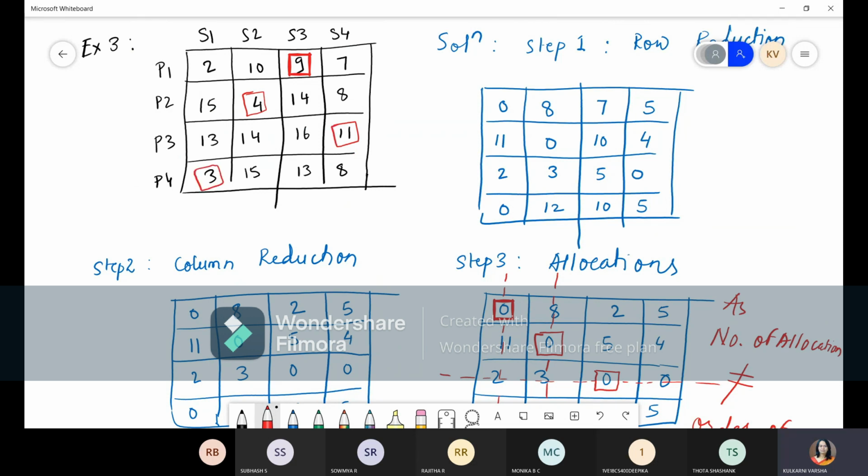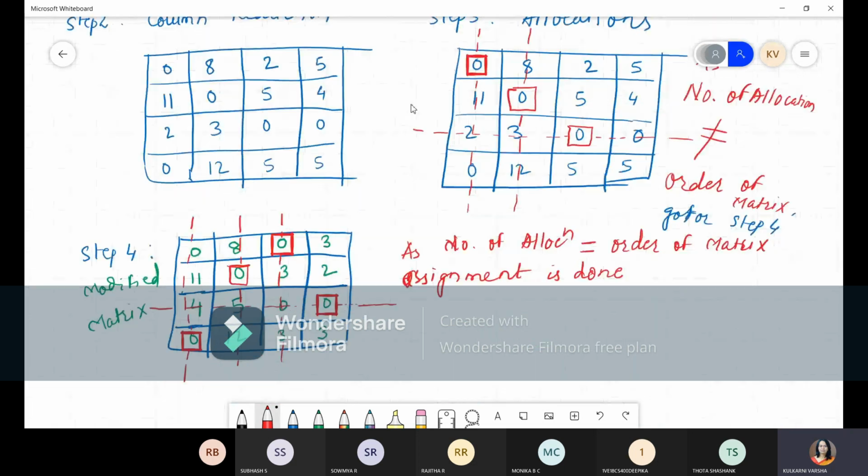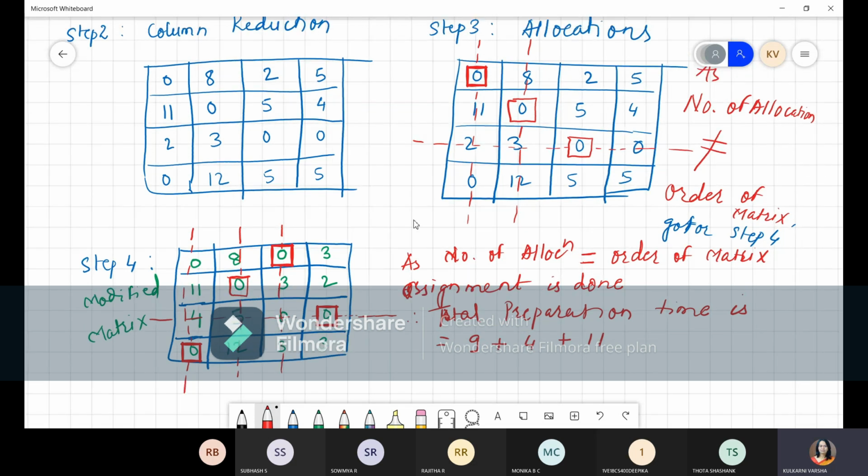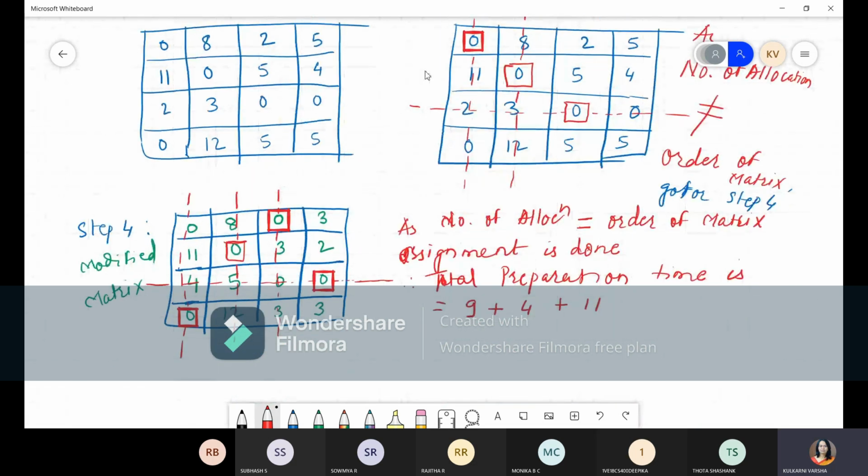That means we have to take these values 9 plus 4 plus 11 plus 3. So it is coming as 27 hours.